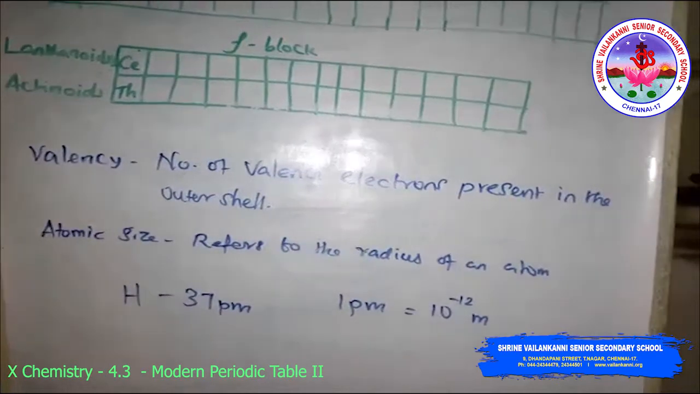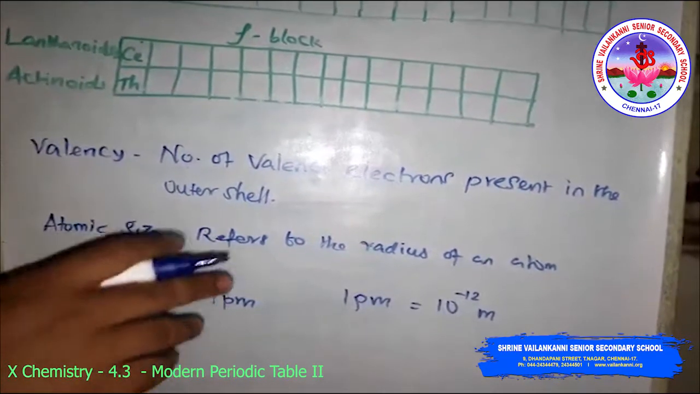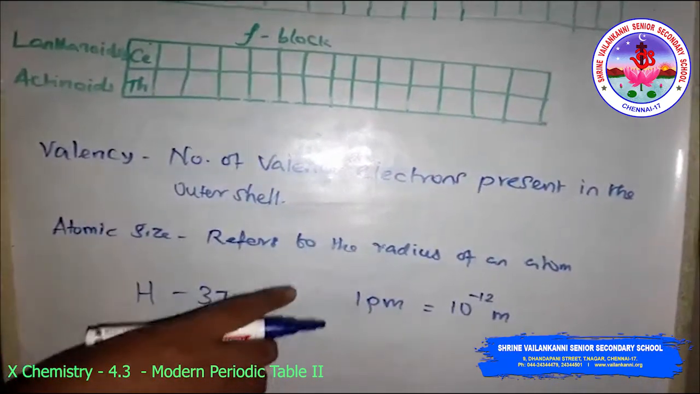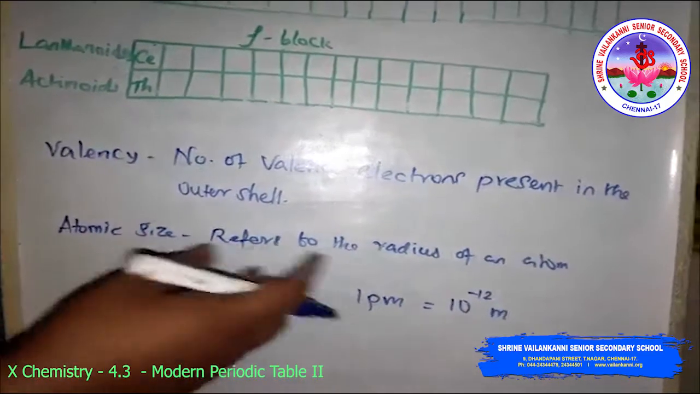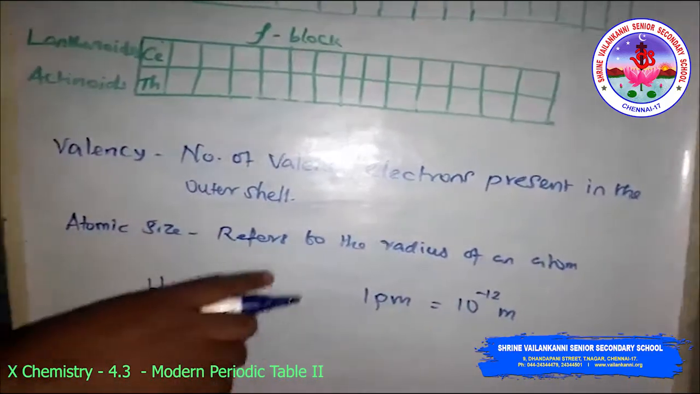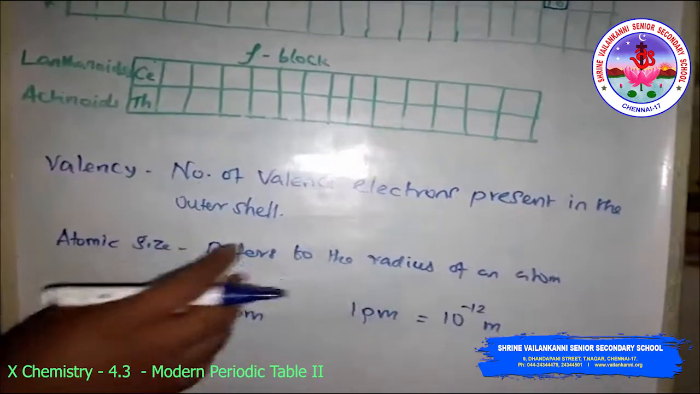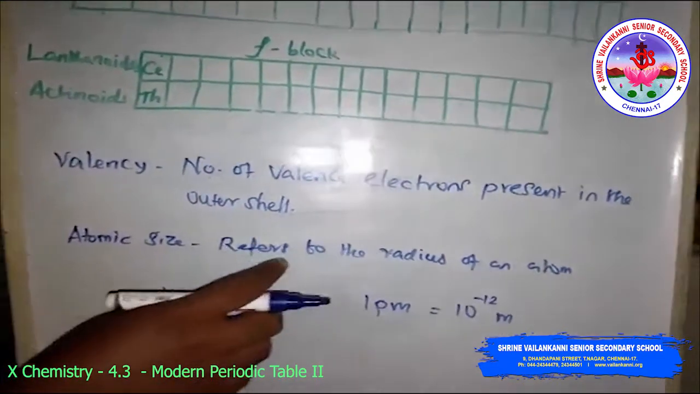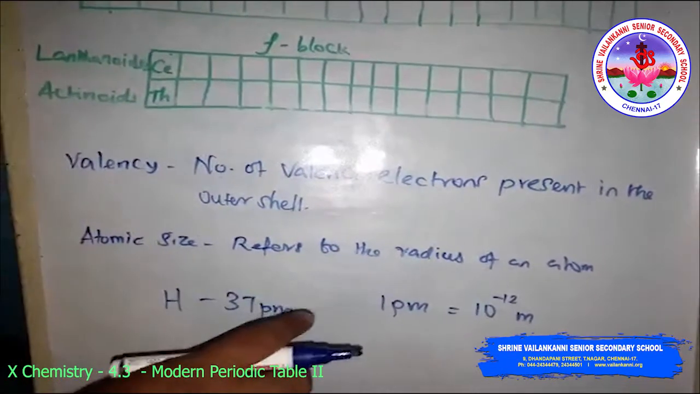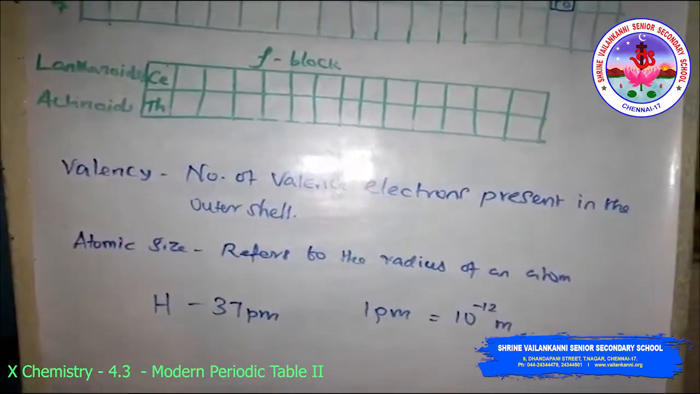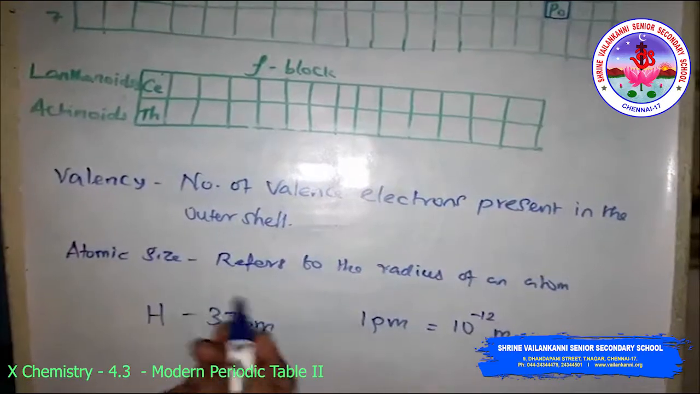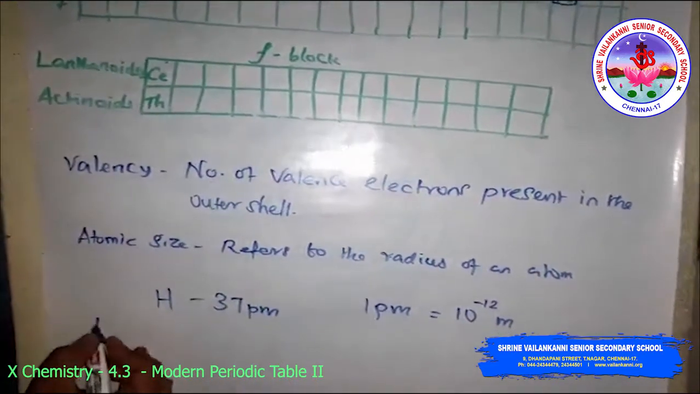Now, already you have seen that the atomic radius decreases in moving from left to right along the period. This is due to the increase in nuclear charge, which tends to pull the electrons closer to the nucleus and reduces the size of the atom. So in period 2, elements like boron,